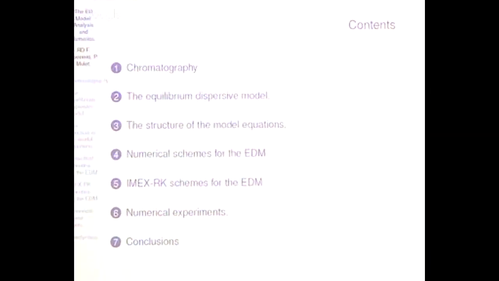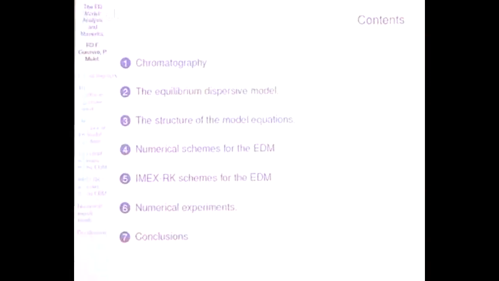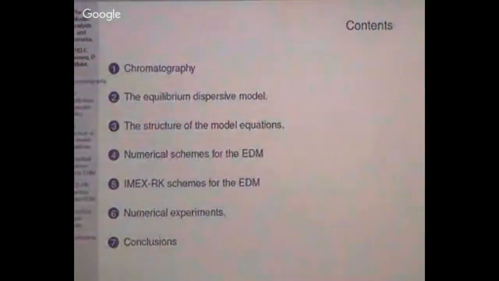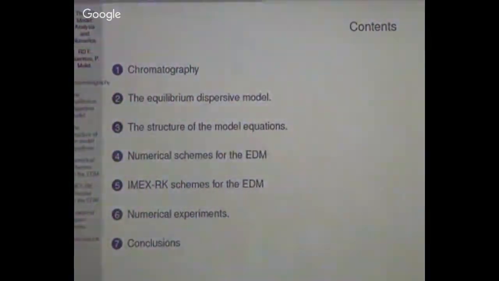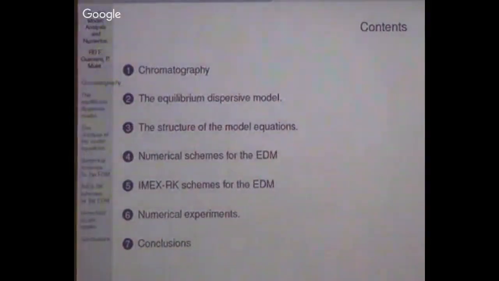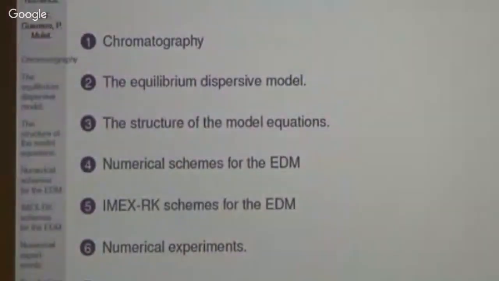I'll tell you a little bit what we know about chromatography, which is not very much because we started maybe, I don't know, a year ago. About the model that we consider, how we handle that model, the structure of the model equations, what kind of numerical schemes have been used and should be used for this model. Our choice, and I'll tell you why, these implicit-explicit Runge-Kutta schemes. And I'll support the use of these schemes with some numerical experiments. And the conclusions will tell you what we think about why these models are useful and should be used by